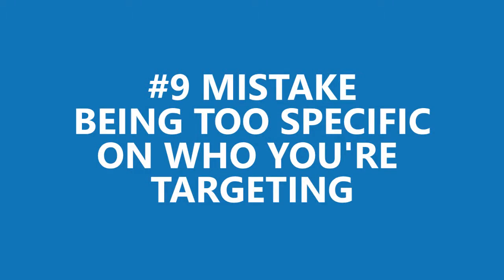A common mistake that people make is they get too specific on who they target. So for instance, often people want to target people with a certain job title, right? And there's an audience of maybe 8,000 or 10,000. The problem with this is that you're targeting a very, very narrow audience, and in many cases Facebook does not even show your ad after a while because they just don't have anyone to show it to.